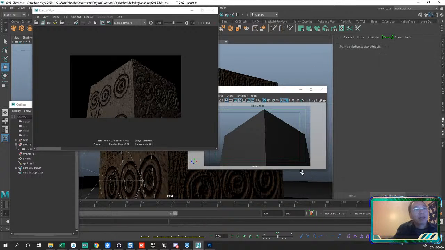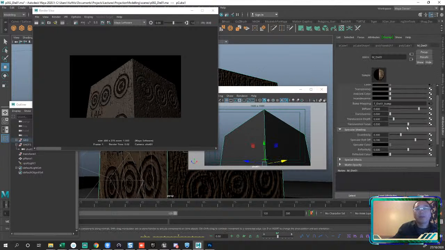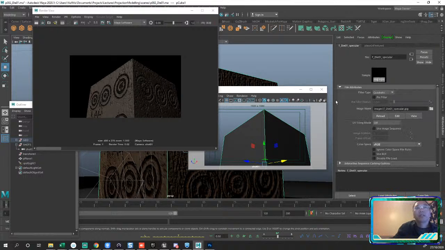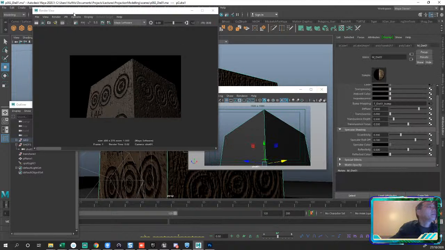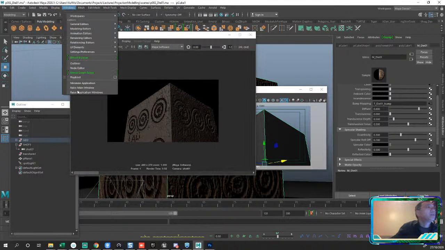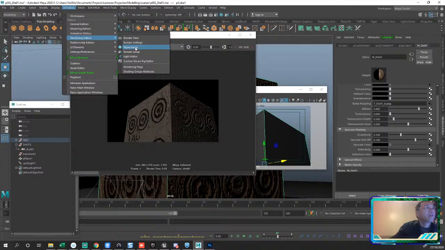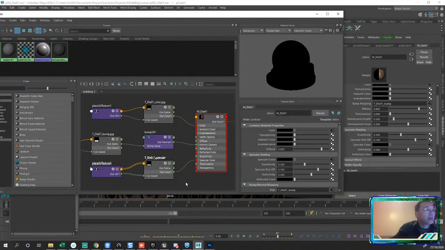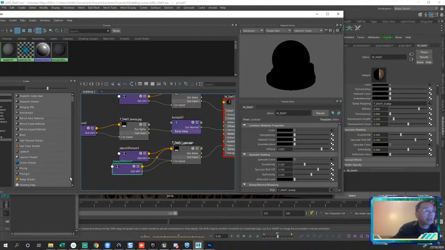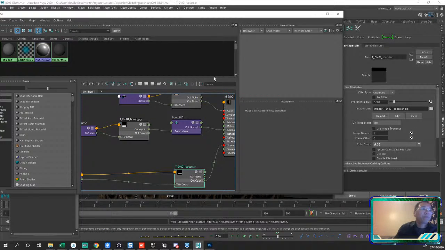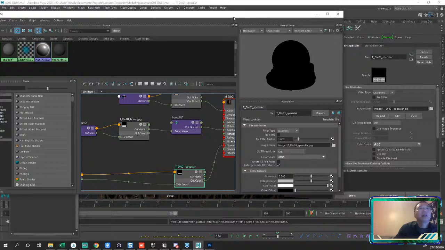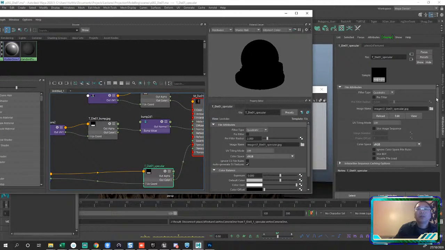Let's see if we can make some adjustment. It's really, it's there, but it's really super subtle. No, I want the specular node. So we'll go to Windows, Rendering Editors, Hypershade. I will grab that. Kill that one. Grab that specular node and come down and